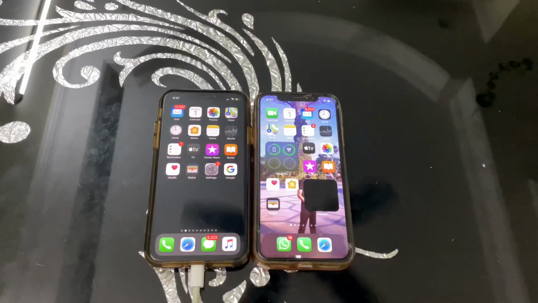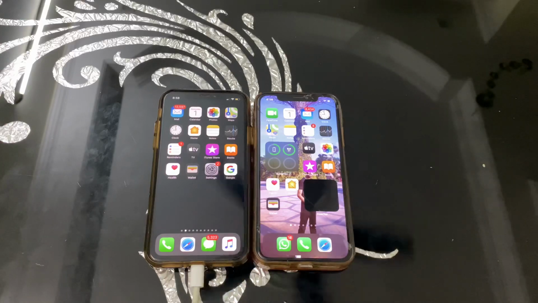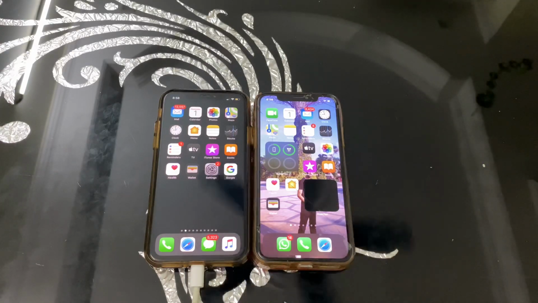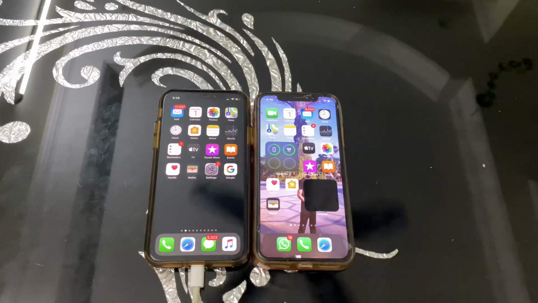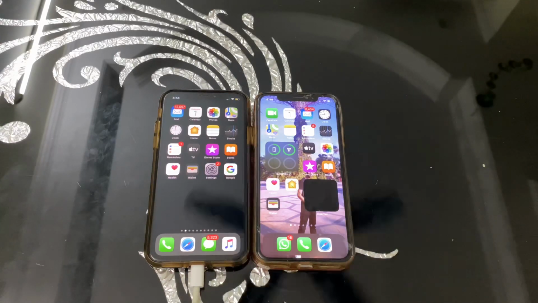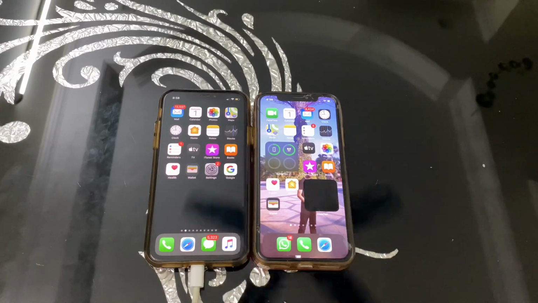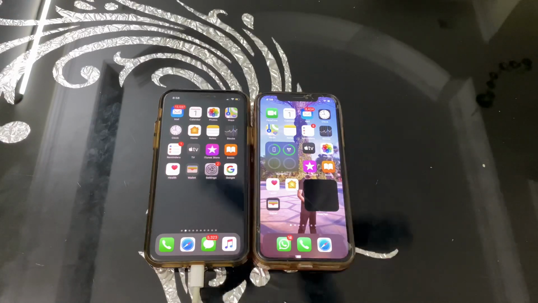If you ask me whether you should upgrade from iOS 13 to iOS 14 right now, my answer is absolutely yes, you can upgrade to iOS 14 because there is not a major difference between both. Somewhere the iOS 14 is better, somewhere the iOS 13 is better, because iOS 14 has just launched and it's the developer version right now. It's not been fully and publicly launched, but you can enjoy the features before the official launch and it's worth it, at least for me.